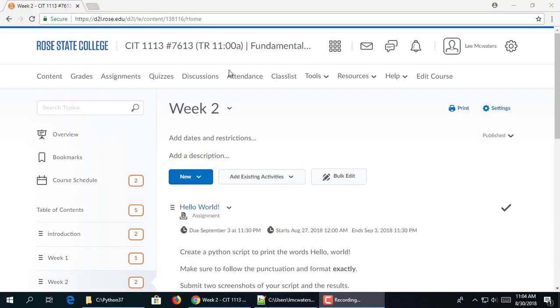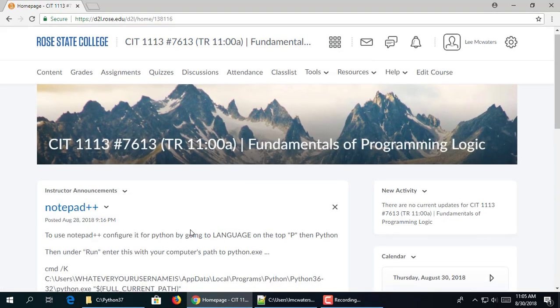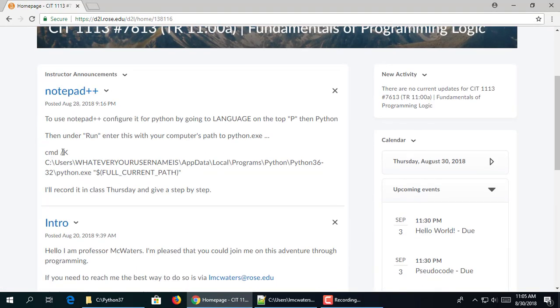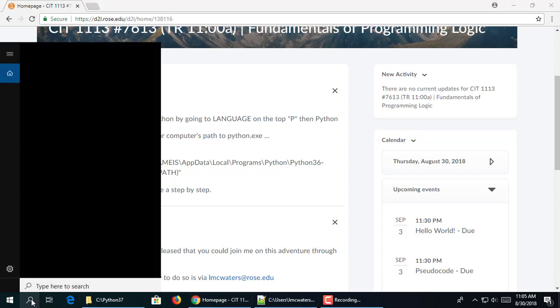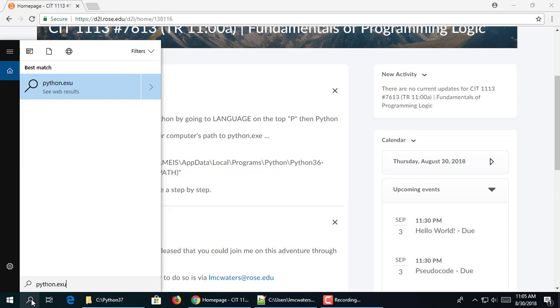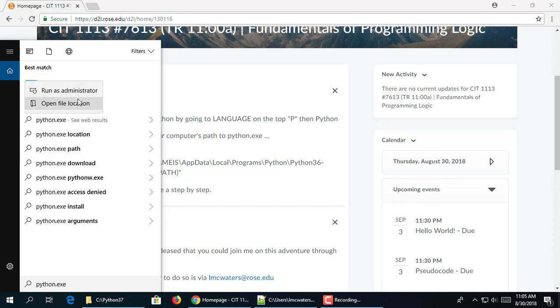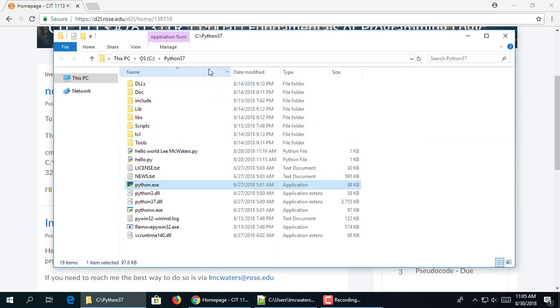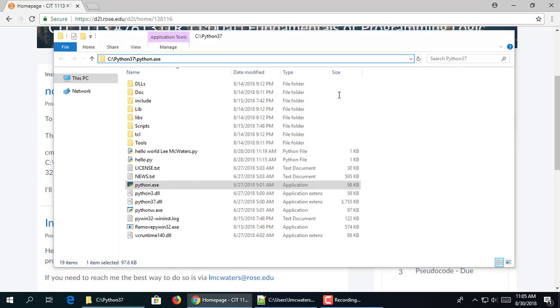Okay, so once you have Notepad++ installed, I put the link in this class. Essentially, wherever it is on your computer, you're looking for that python.exe. If you just search right here and then open file like I did, easiest way to do it, which is just exe, and then you right-click it, open file location, and it pops right here. So you just essentially copy this, put /python.exe in it,